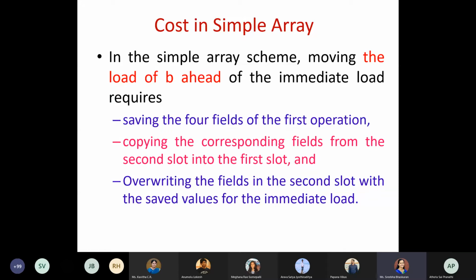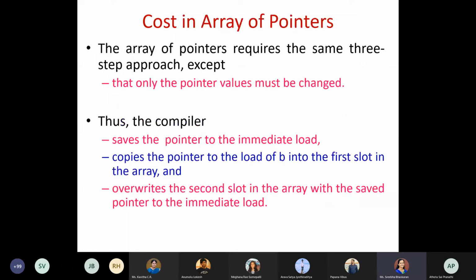We just have to swap the pointers. So pointers means the address contents have to be swapped. Okay. Rest all remains the same. Here also we have to apply the swapping concept itself. But the only difference is that there you apply it onto the contents of your three address code, that is the triples, but here we are applying it onto the pointers. That is the only change. Rest all remains the same.